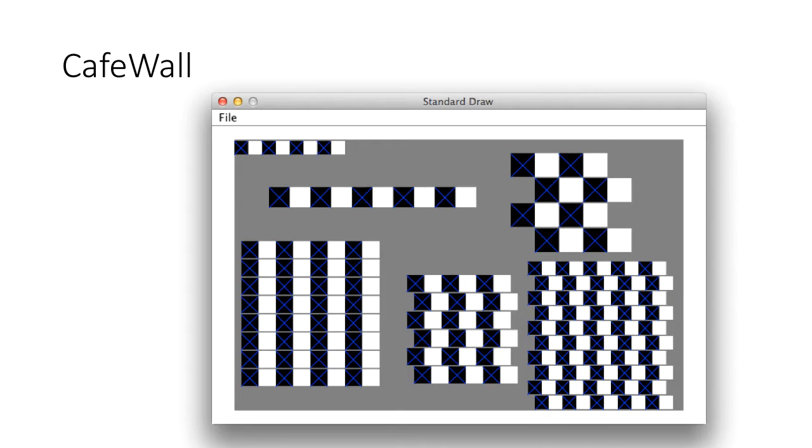So the next task is the cafe wall, and again, can someone tell me how to decompose this picture? We have the grid and we have the row. So how can we decompose this picture into smaller parts? So there's the top left corner, the row, the alternating parts of the larger squares, the grid on the bottom left, the middle, and